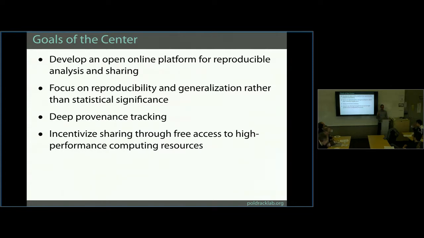We also want to help people track the provenance of all of their analyses so they can go back and see not just the thing that worked, but everything that they did. And also incentivize data sharing by giving people free computational goodies.